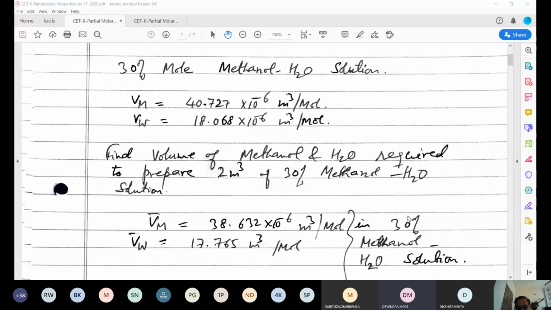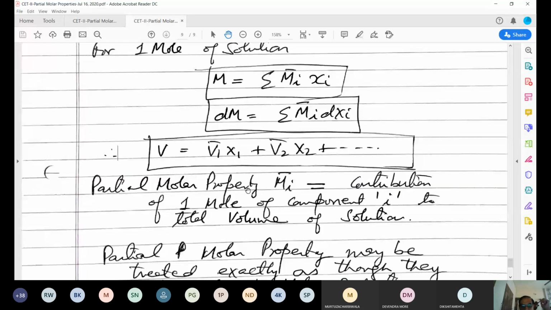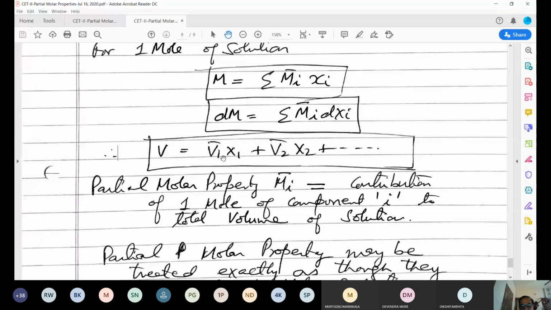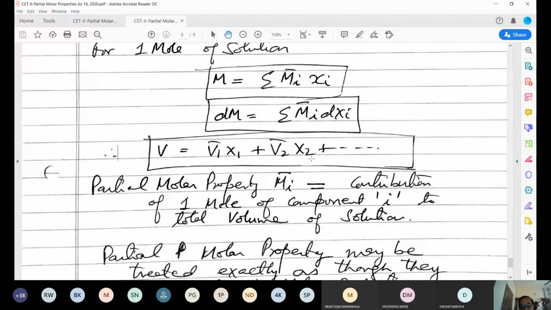नहीं, मैंने सी गो स्टेप बाय स्टेप। Who is this? देवेंद्र? हाँ. See, I told you what you need to do is find out simple. Find out this molar volume. ये दिख रहा है इक्वेशन V is equal to V1 bar x1 plus V2 bar x2. Can you see this? Right? So V1 bar दिया है हमारे को, पार्शियल मोलर वॉल्यूम दिया हुआ है मिथनॉल का।